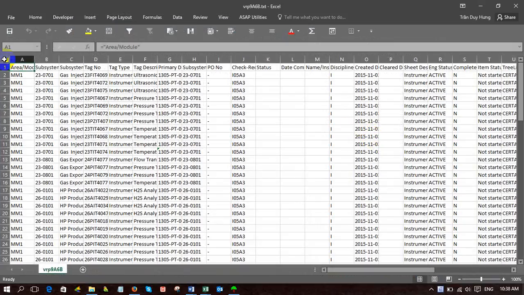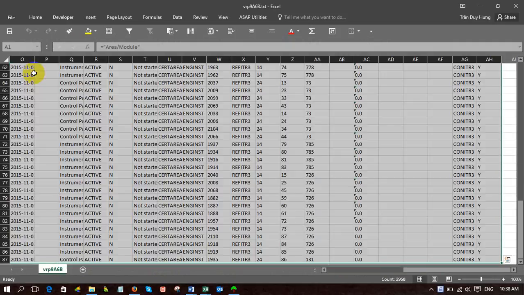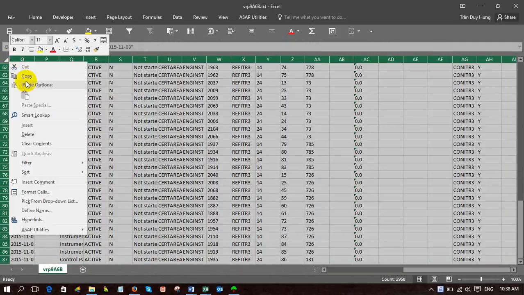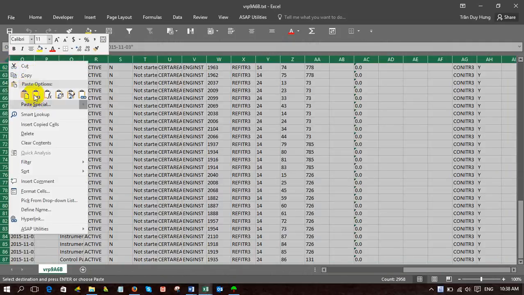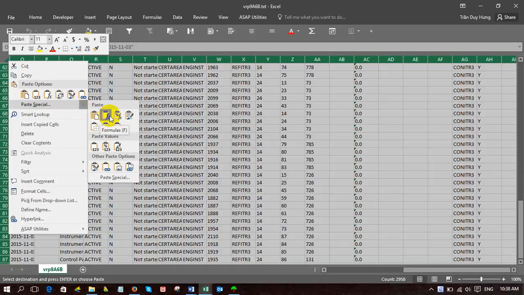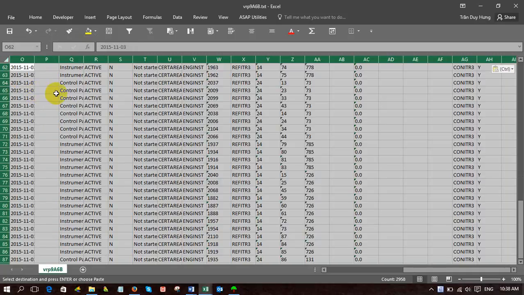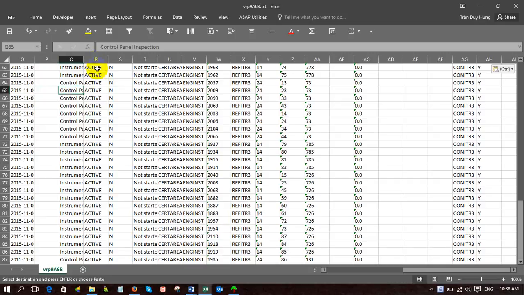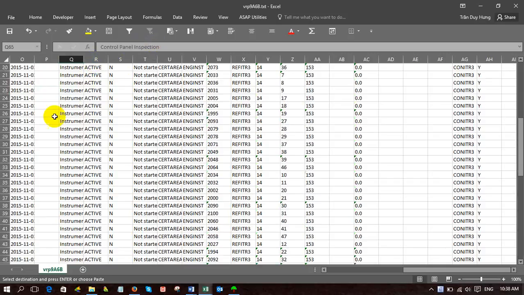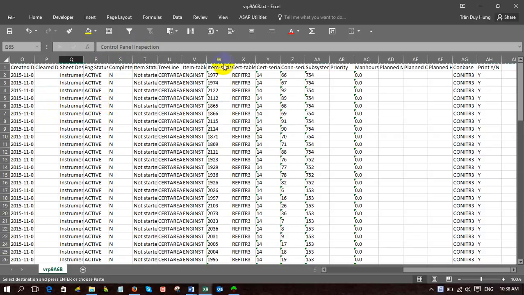So you go to the corner or Control A. Yeah, Control All. Then right button click, copy and paste value. Where's value? Paste. 1, 2, 3 here. Value. Okay, paste value. So no more. See, no more the open and close, because I want the function. That's how we do business. So from here we can make a report.